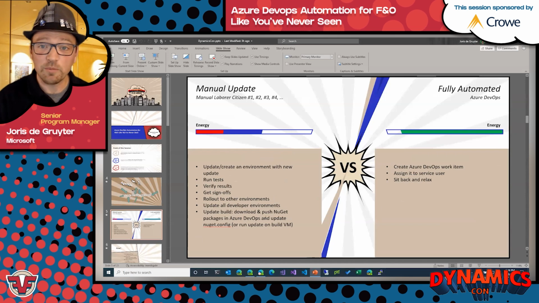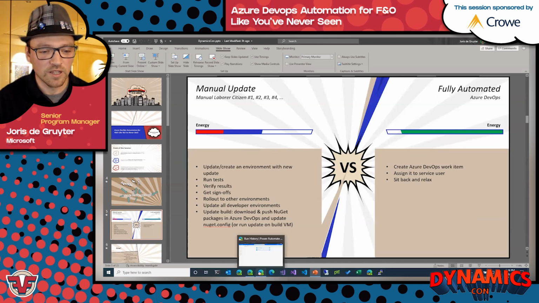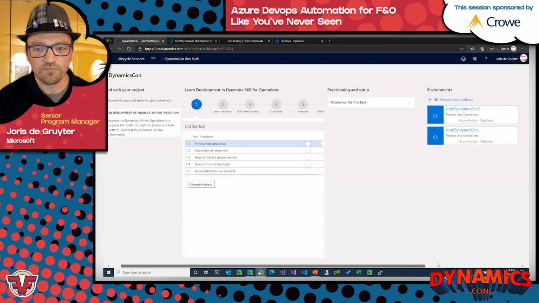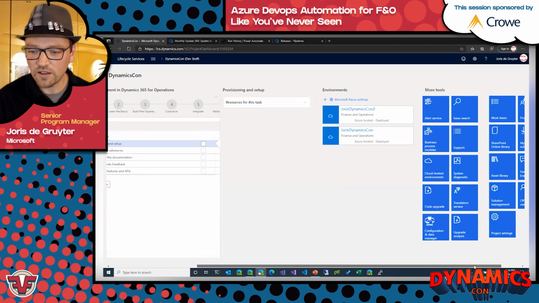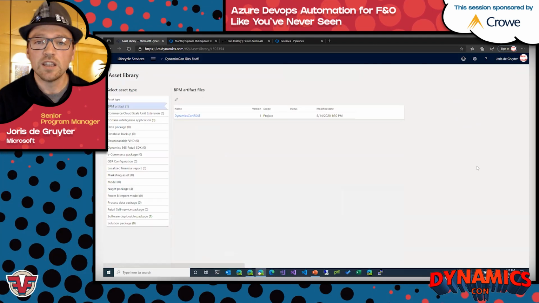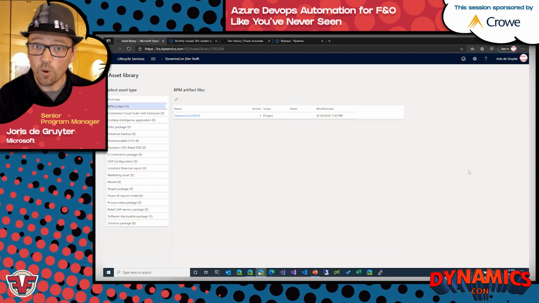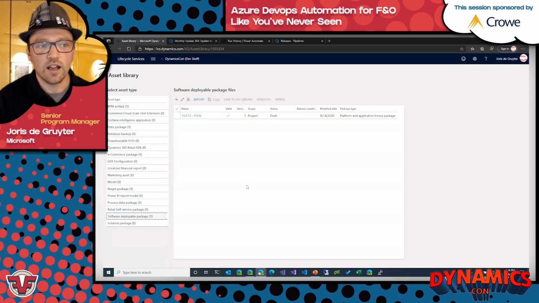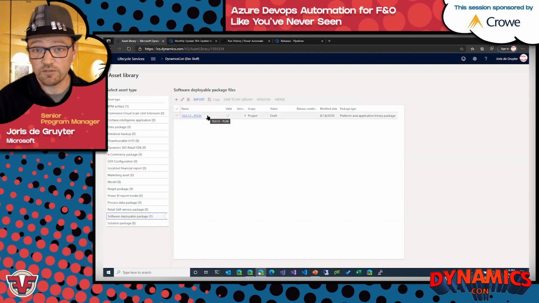Okay, so I'm going to go through this pretty quickly. This may be a little confusing at first, but when we take an update, obviously there's a couple of things we need to do. We have the asset library. If you go to one of your environments and you see the quality update, you have to click it, and then it creates a package in your asset library. So in this case, I have the deployable package here, and I'm going to update my environment from PU35 to